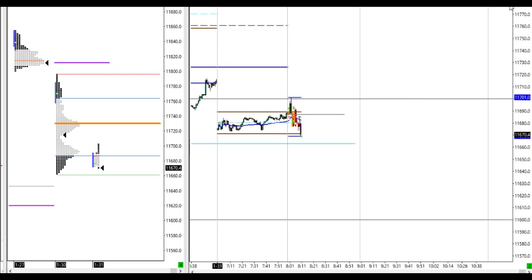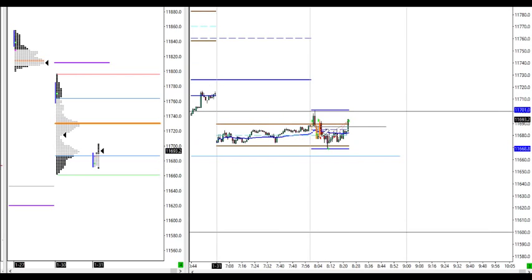Price at initial balance low, scaled out, first target 10 points. Now looking to see if we break down yesterday's lows and what we'll do there, if it holds support or if it goes further down. Out of the short position here, price seems to have held support at initial balance low, failed to extend lower. Now decide to sit on hands and see if this will eventually grind higher. Very choppy open here, failing either side.